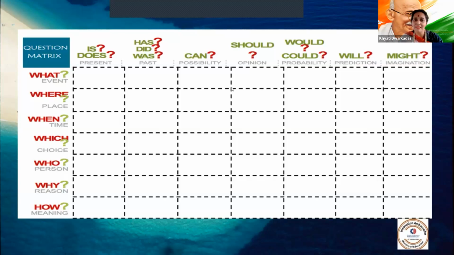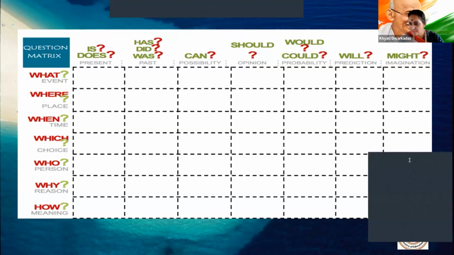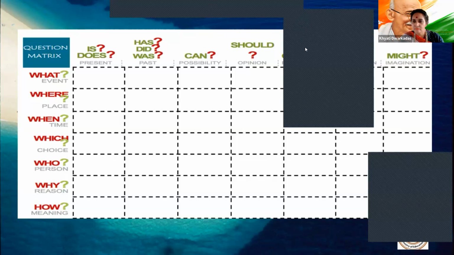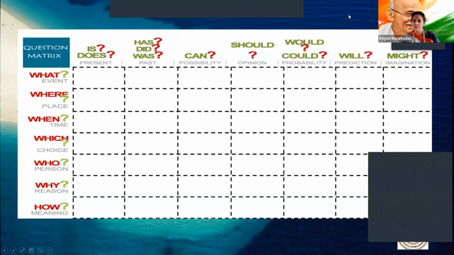I have shown you an ad which we used as a passage or in a picture, okay? We normally have inference questions or we have picture questions. This time I played a video for you. Based on the video, you will take one word from the vertical line and one word from the horizontal line and frame a question. So if I were to frame a very simple question, I would say, where did this event occur?